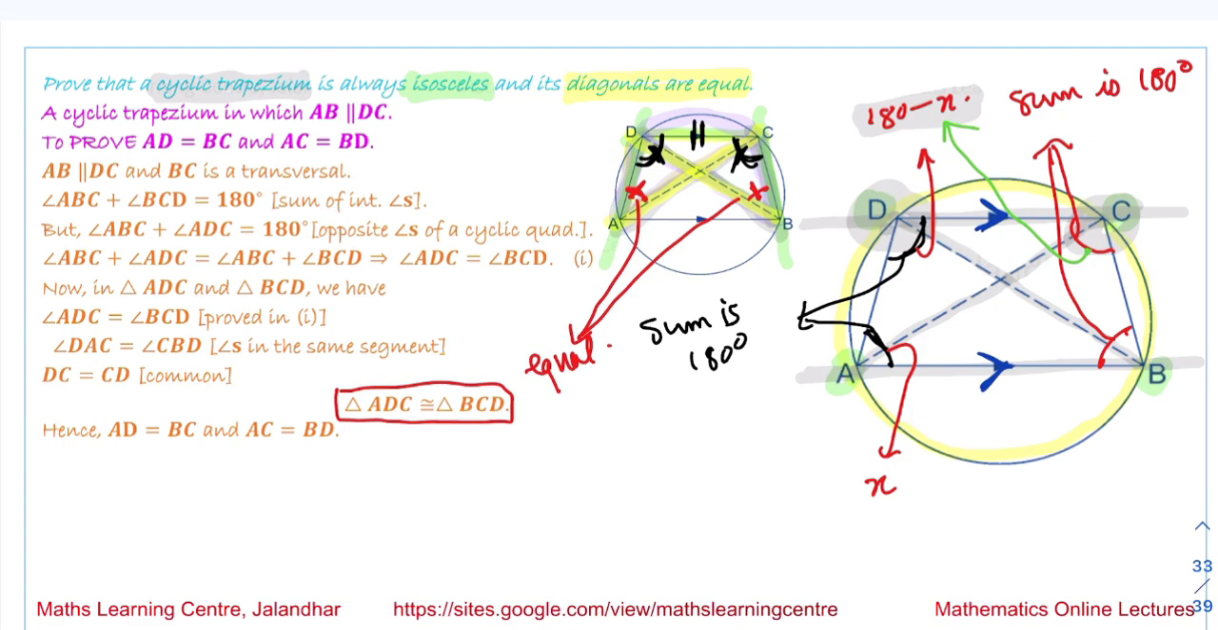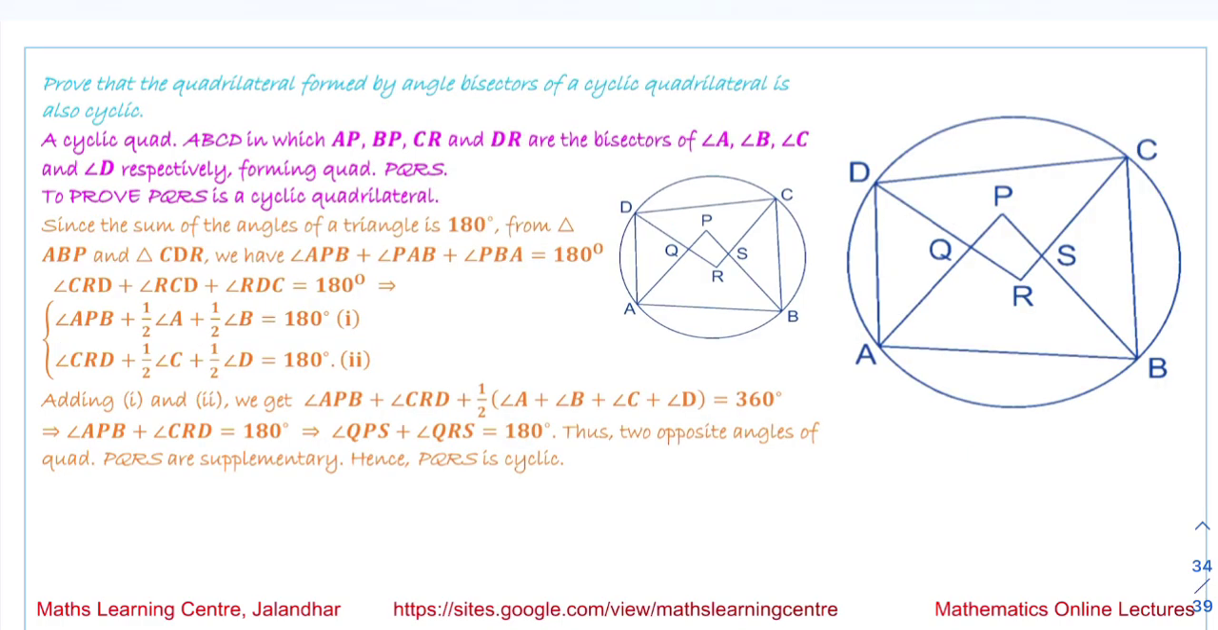Next we are given a cyclic quadrilateral ABCD. This ABCD is a cyclic quadrilateral, and the angle bisectors of the angles are given. Angle bisector of A is AP, angle bisector of D is DR, angle bisector of C is RC, and angle bisector of B is BP. These are the angle bisectors that are given to us, and we are now left with this quadrilateral QRSP over here. We have to prove that this quadrilateral is also